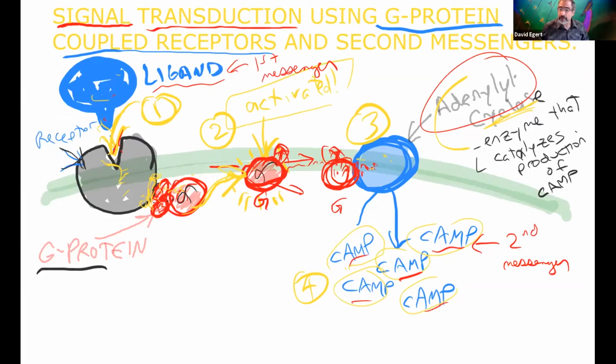So, and again, this is going to be for ligands that are not lipophilic. If I have ligands that are lipophilic, things like a steroid hormone, they don't need this whole system. They can just drift through the membrane and get into the cell where they can do stuff, right? So a steroid hormone is actually going to drift through the outer membrane. It's actually going to drift through the nuclear envelope and start binding and activating things within the nucleus of a